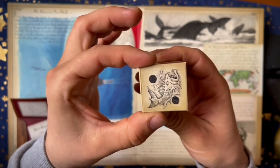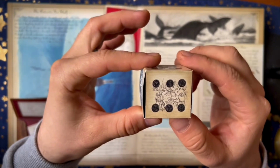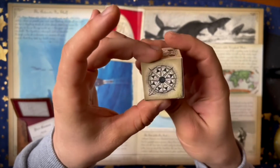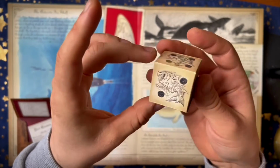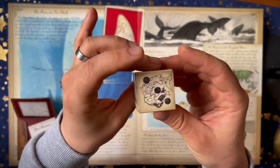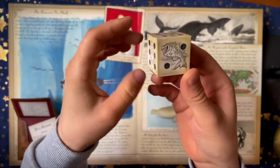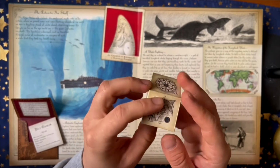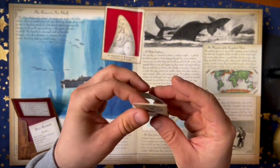You have illustrations on each side. They are creatures of the deep, mermaids, dragons, a compass, Poseidon, I would say. So yeah, you get the picture. It's beautifully done. I've never played this game actually, so it will definitely happen once the house is done and